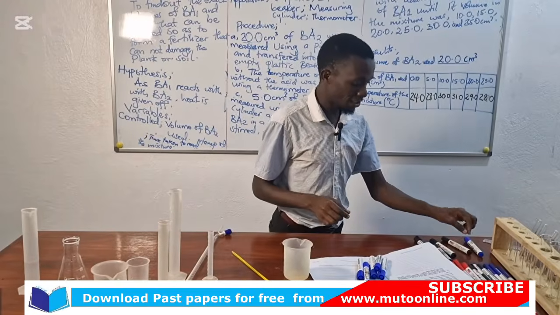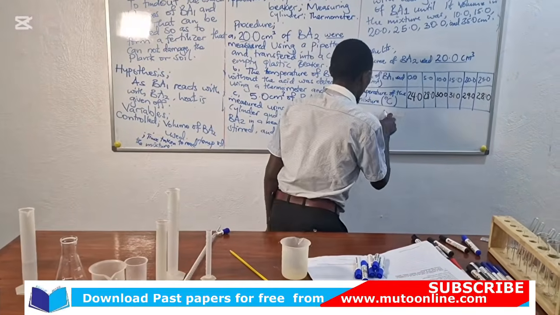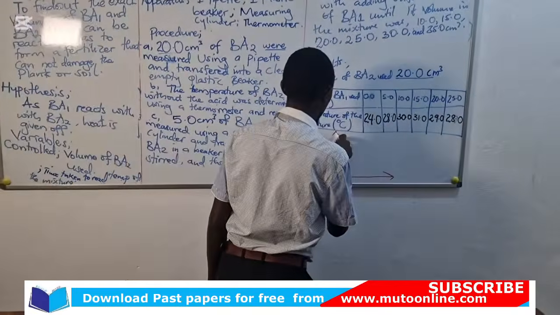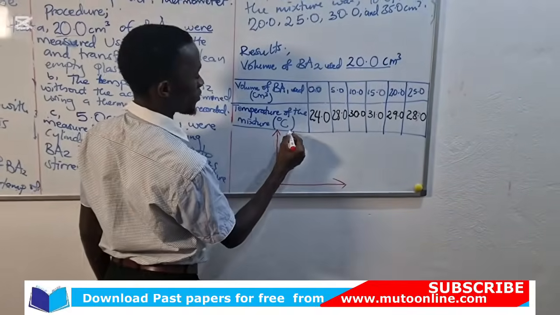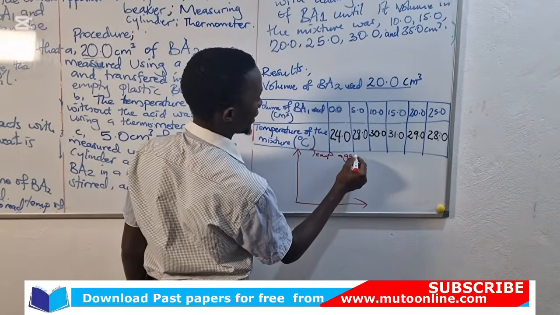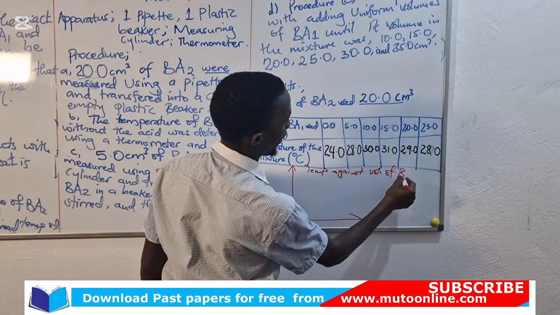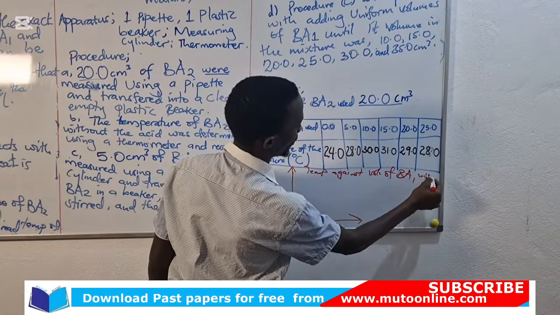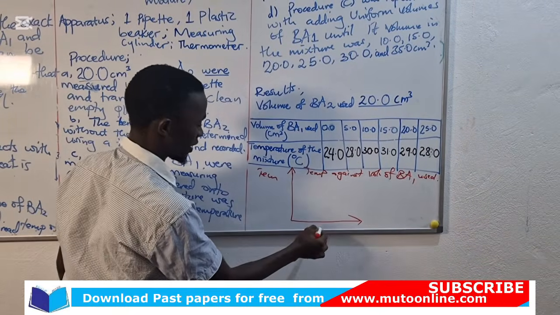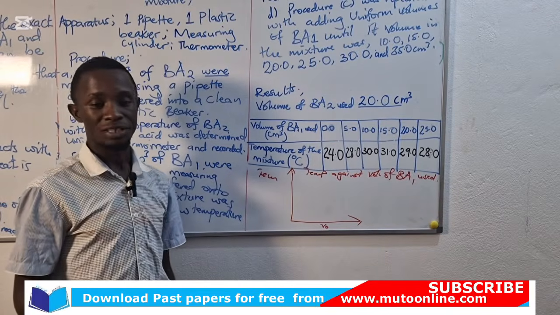To look into this, briefly, we shall plot a graph of temperature against volume of BA1 used. When you look at the values, if this is temperature and this is volume of BA1 used,